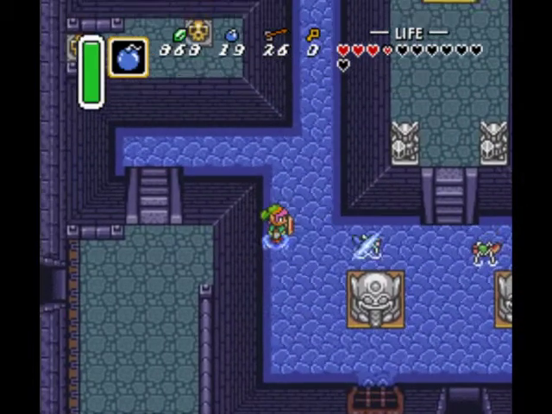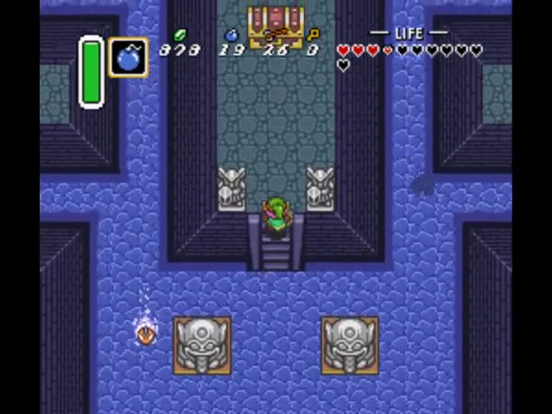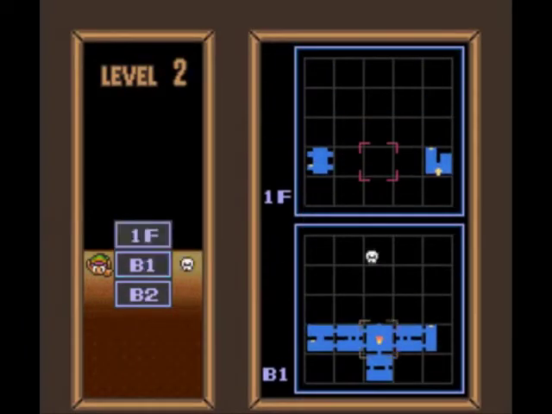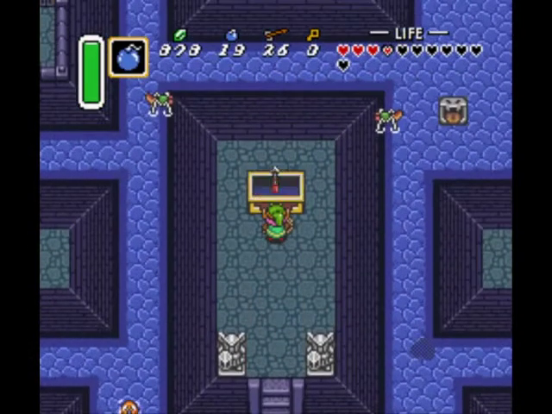But if you have no idea where to go, this is a very easy dungeon to get lost in. I'm actually going to show you the map. Oh really? We've only been to... Okay, there's 2 floors. It looks simple. Like, the design, it looks simple. But trying to find your way around the place, it can get kind of confusing and difficult, so...